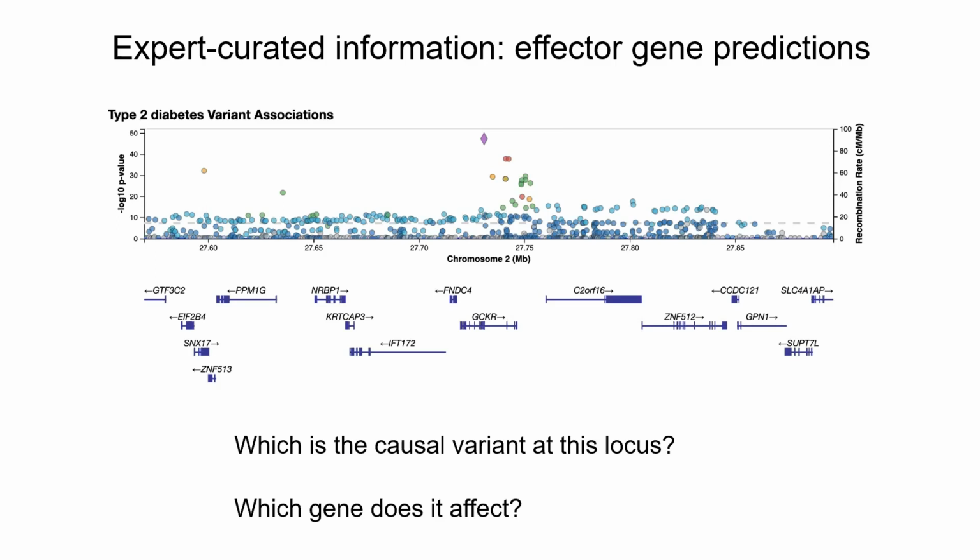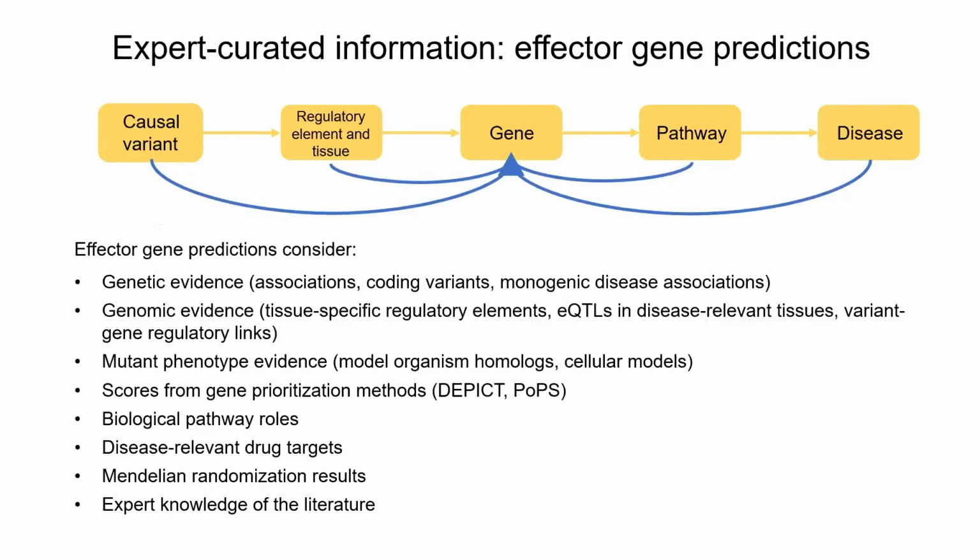And so in many fields, and this seems to be an increasing thing in genetics now, people don't just do a GWAS, they will then integrate lots of different kinds of evidence and come up with a list of causal genes that they think are the likeliest causal genes for that disease or trait. And there's a growing number of these, and different groups use different types of evidence to make these